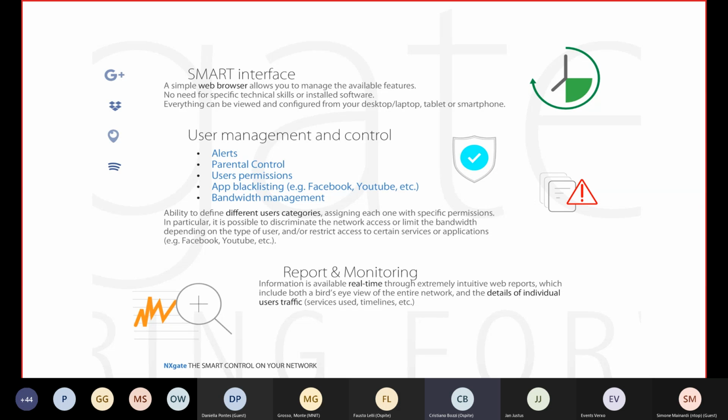What is a user? A user can be a person who, for example, is the owner, or who has a different role inside the boat, or it can be a group of users, such as crew members, guests, VIPs. So we needed to split the behavior of each user, and then control the traffic and limit or blacklist some users in order to give, for example, the owner more bandwidth or more services. At the end, we need a reporting and monitoring system